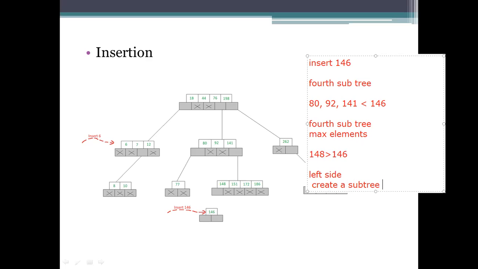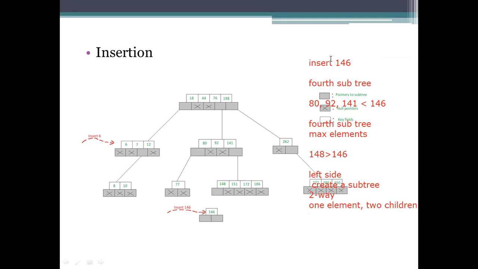So the two-way subtree will be added. Initially, this two-way subtree will accept one element and two children. So 146 has been added at the last representation.